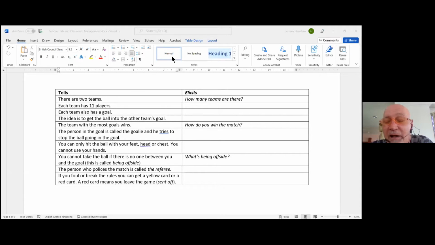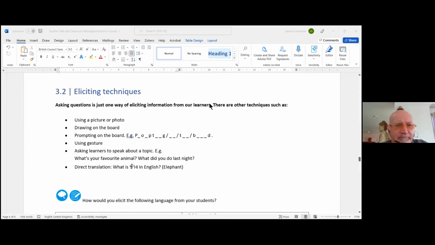What happens if you break the rules, maybe? Or if you deliberately break the rules? If you trip somebody up? If you knock somebody over? You get a card. There are 2 types of cards. There's a yellow card and a red card. So which card do you get first? The yellow card. And if you get 3 yellow cards, is it 2 or 3? I can't remember. Then you get a red card. Okay, let's move on before the break in 3 minutes.